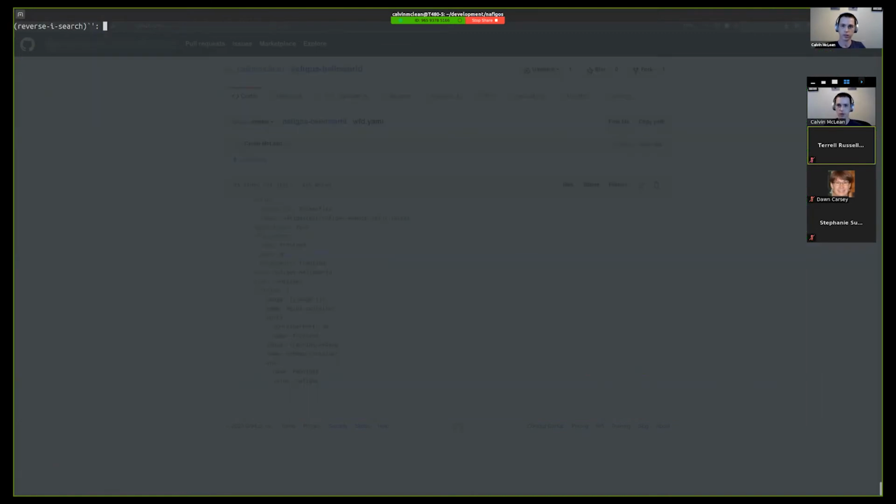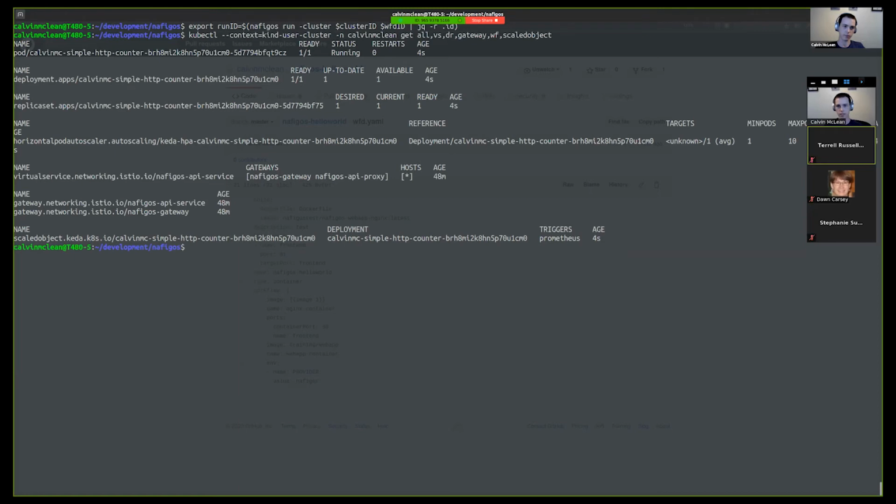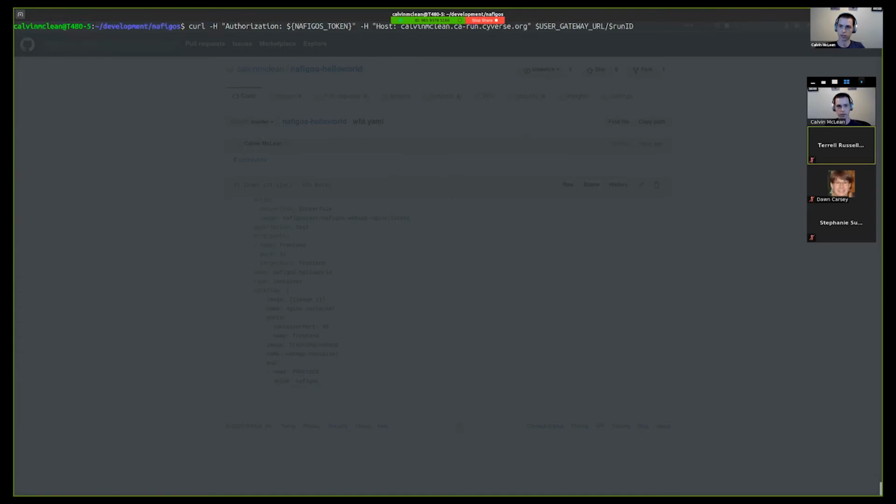And then similar to the create workflow definition command, we have a run command, which is going to take that cluster that I showed and that workflow that I created and run it. So quick and easy like that. And then I can look directly in Kubernetes to see all the resources it creates for running the workflow and then handling routing to it. So then I can use curl here to interact and get it. So this is just a really simple workflow that consists of a web app and then an Nginx web server in front of it for some additional routing. And all it does is say, it just should say Nafgos hello,